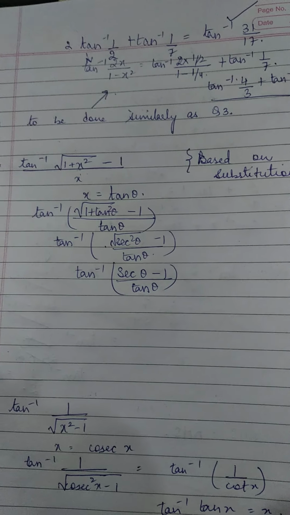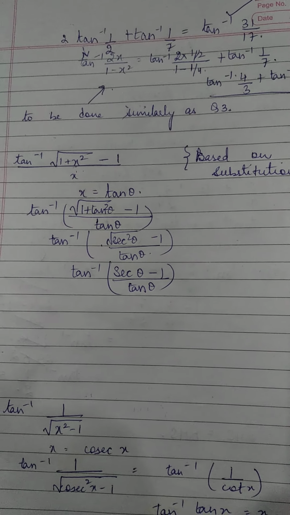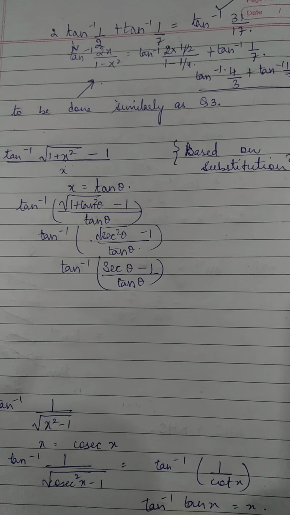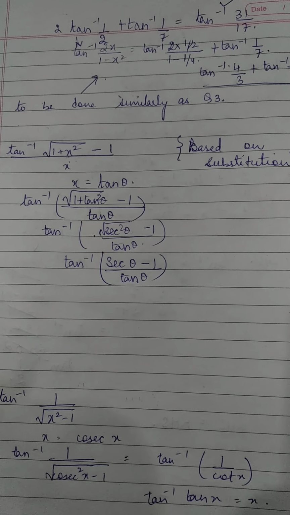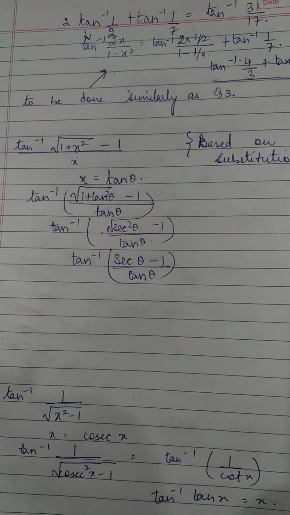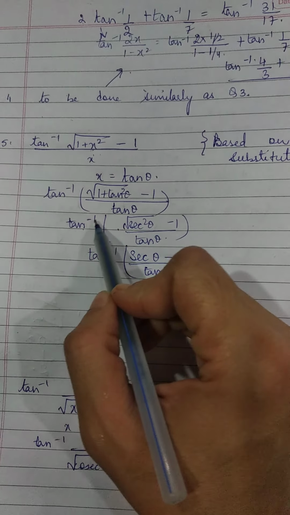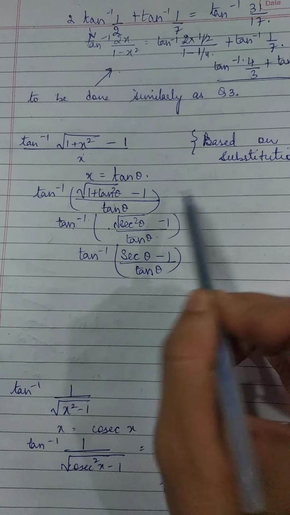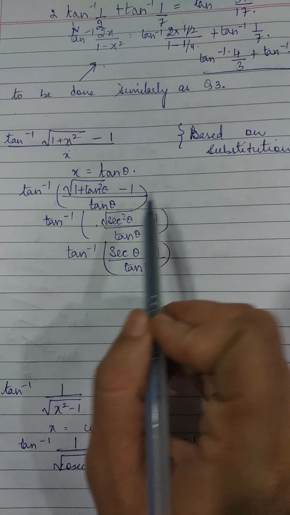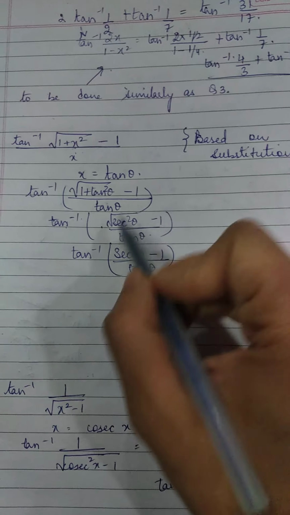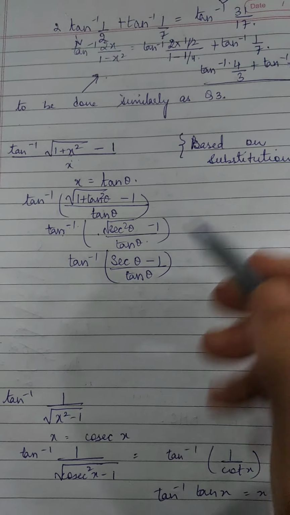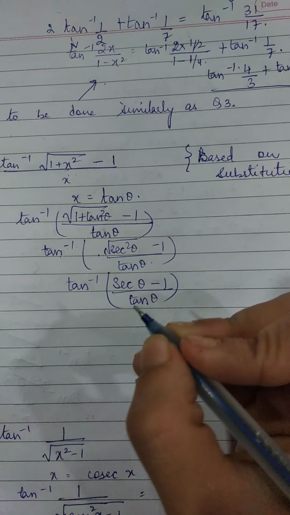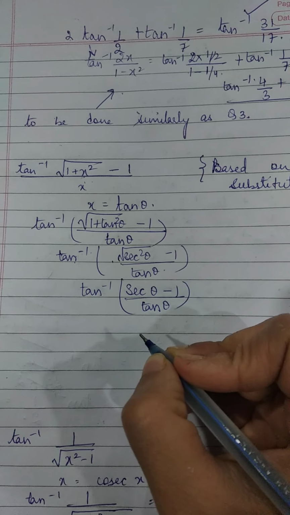So substitution, it is just the presence of mind which you have to apply so that a particular identity can be formed. Ultimately, reducing this into simplest form means we need to get this expression in terms of tan of something, so that in tan inverse tan of something, we get that particular value inside the bracket, right? So we have to think about those substitutions, which is possible only if you practice such questions thoroughly.